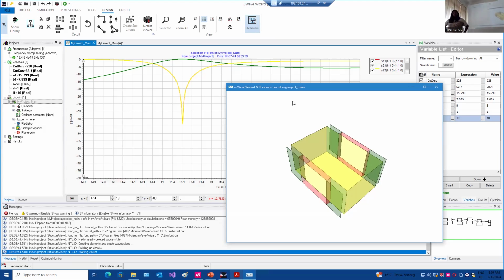And as you can see around 14.4, you see a dip, meaning there's nothing in the reflection, meaning you have maximum transmission. You can confirm that by looking at S12. You input something from port number 1 and measure something from port number 2. And that is S21. Yeah, you have the maximum transmission around 40.4